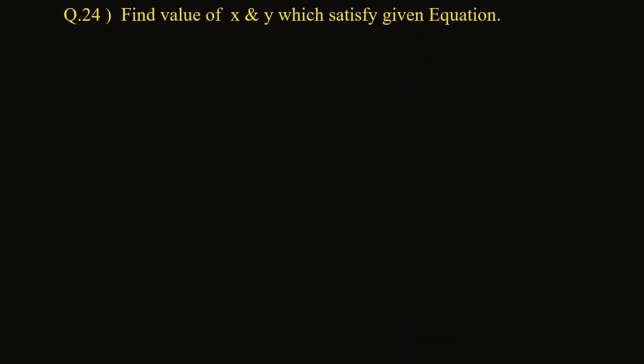Let's discuss the last question of this type. Again from the main question number 24, sub question number 2 we will discuss. If we check the given information, सबसे पहले ऐसे क्वेश्चंस में डिनोमिनेटर चेक करें. So if we check the denominator, we have 2 plus 3i and 2 minus 3i. So they are conjugates of each other.